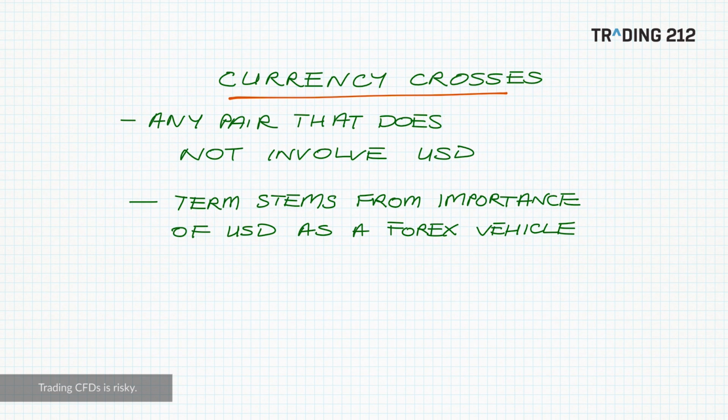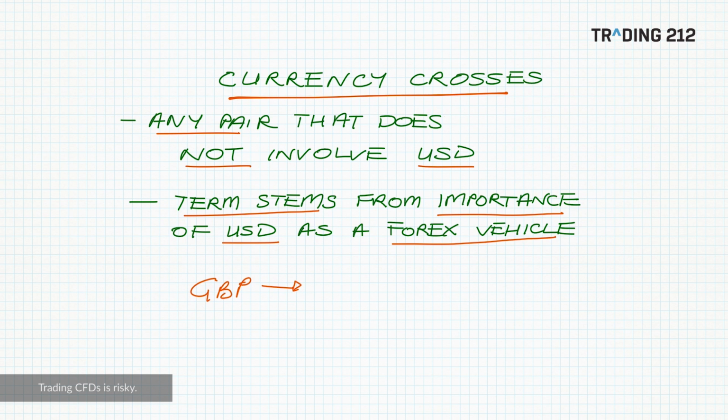A currency cross is any pair that does not involve the US dollar. The term currency cross stems, as with many aspects of the Forex market, from the conventions of the market and from the importance of the US dollar as a vehicle for foreign exchange transactions. The dominance of the US dollar in this way meant that historically in the interbank market, if an institution, say, wanted to convert, for example, British pounds into Swiss francs,